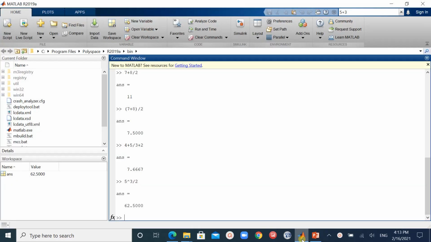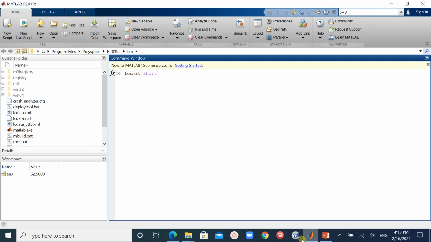The format which is used in MATLAB is short format. What do you mean by the short format? First, I did the clear screen by the CLC command. I'm using format short and did the enter. Now when I am putting some value, it will give us this display: 41.4287. Format short means that we are fixed point with 4 decimals, means that the last decimal values are 4: 1, 2, 3 and 4.